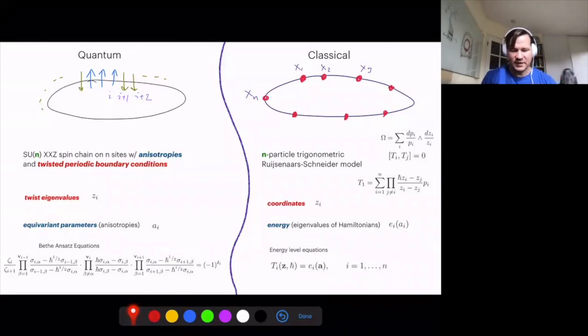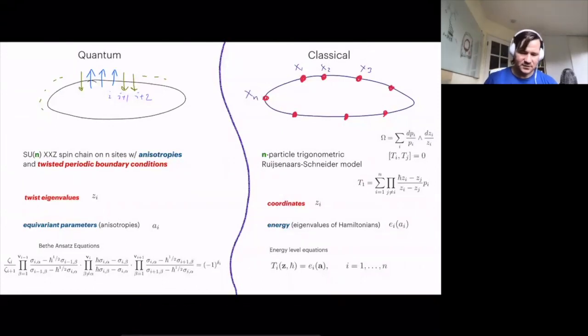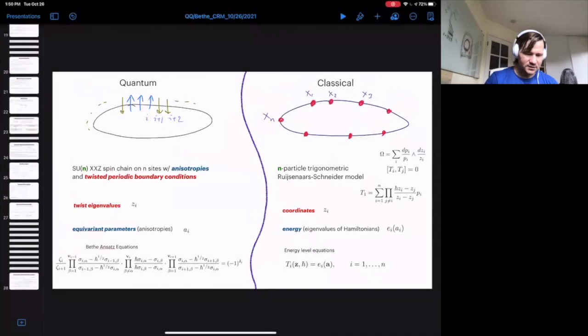Okay, so Bethe equations, they have these Bethe roots, the rapidities, right? You need to solve for them. But is it the same? Is it the same system? Is it the classical limit of the same system? No. For example, in the quiver picture, it's kind of clear that no, the